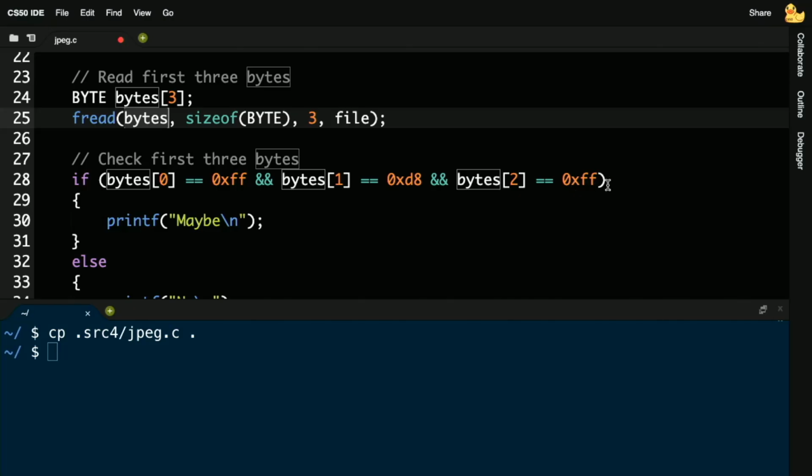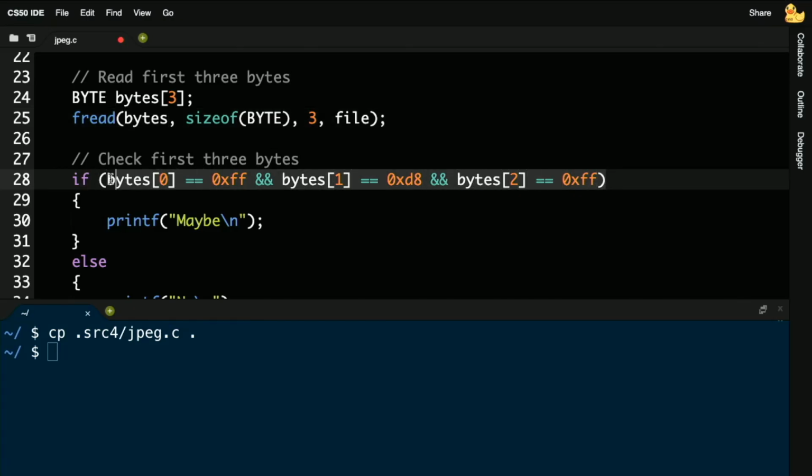And then here, notice our hexadecimal. So we've come full circle. If bytes bracket 0 equals 0xFF, and bytes bracket 1 equals 0xD8, and bytes bracket 2 equals 0xFF. This definitely looks cryptic to you, but that's just because I looked up in the manual for JPEGs, and it turns out that almost any JPEG, rather, must start with 0xFF, 0xD8, 0xFF.